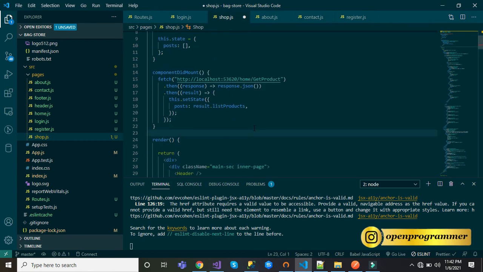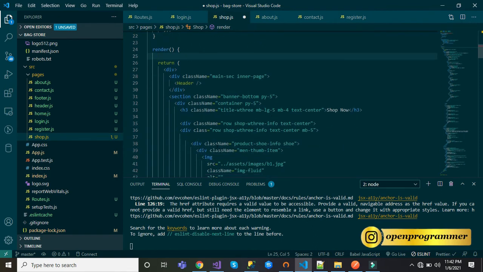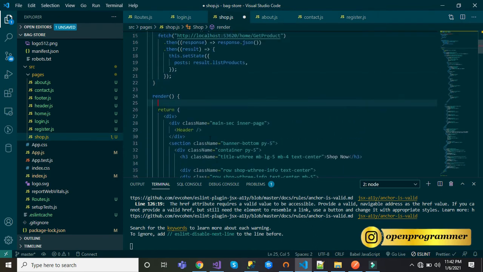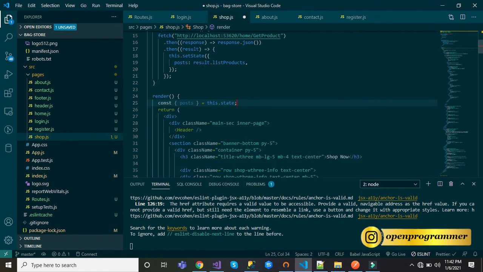Now the next step is we need to use this data inside this render method so that we can print all the products from this object. For that, let's use object post. Now whatever data we have in this state, we are assigning to this particular object.